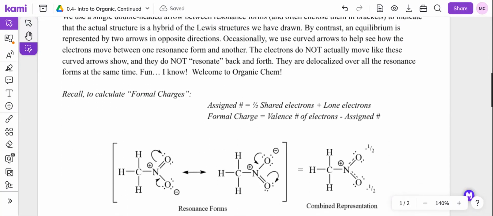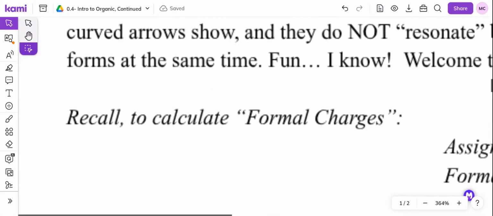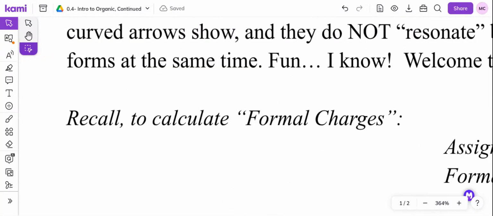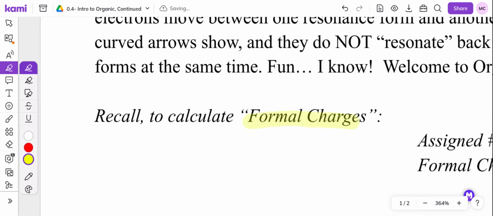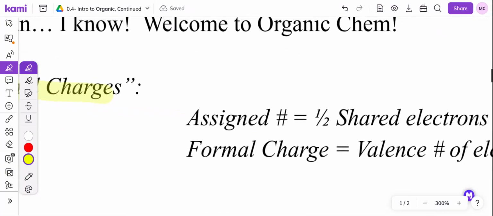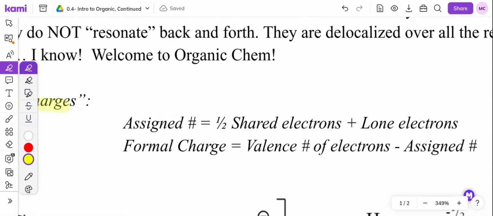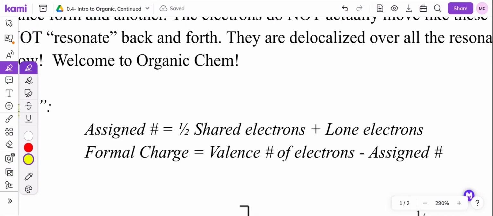But I do want to remind you about formal charges. Remember that formal charges are going to be very, very important for just about everything that we do in organic chemistry. So, just to refresh your memory on how to figure out if a formal charge is correct,